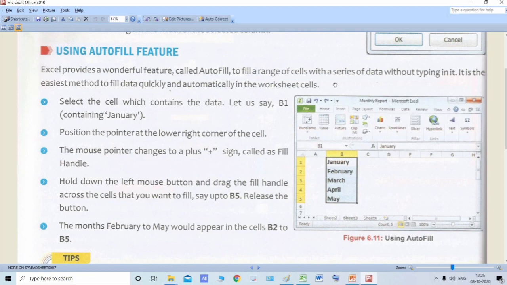Okay, the series of numbers like 1 2 3 4, or you can start with 3, then after 3 you write 5, and then you type this 7. So what is this? 3 5 7 9